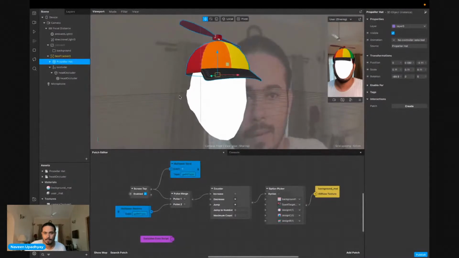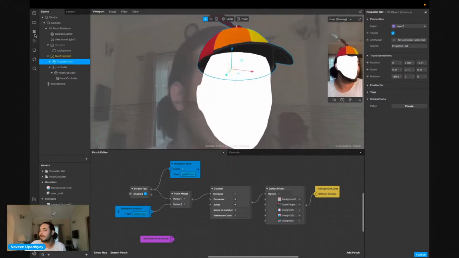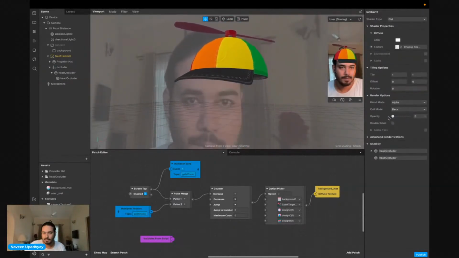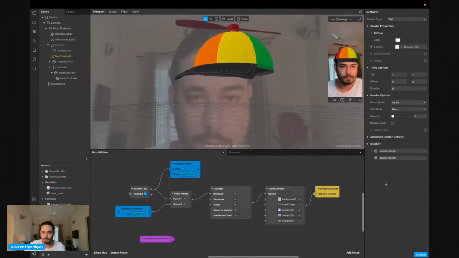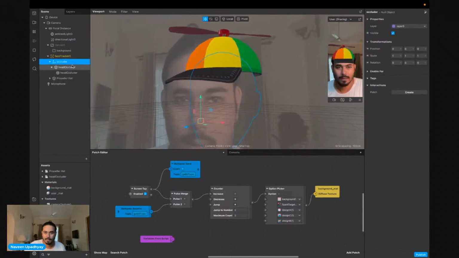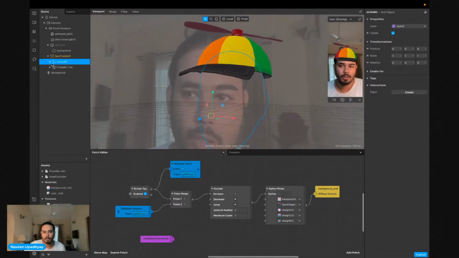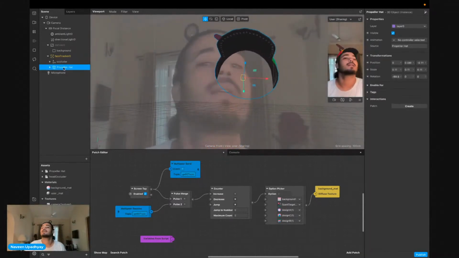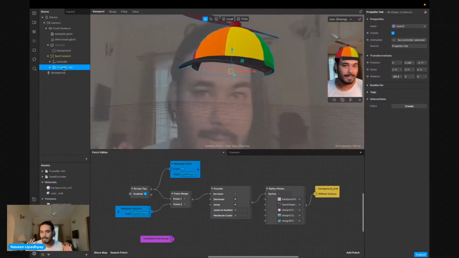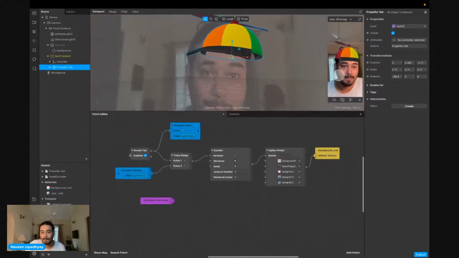Yeah, I can see that this is looking much better, and I can go to the Lambert and just take this opacity to 0. If you do this on the top of your hat, you will see that you don't see the back part of the cap. So now it looks like, okay, I'm wearing the cap, right? And the cap is right over my head.